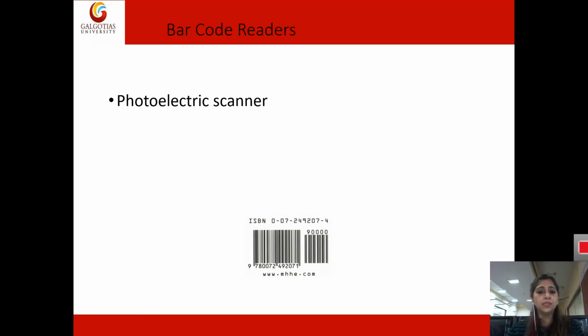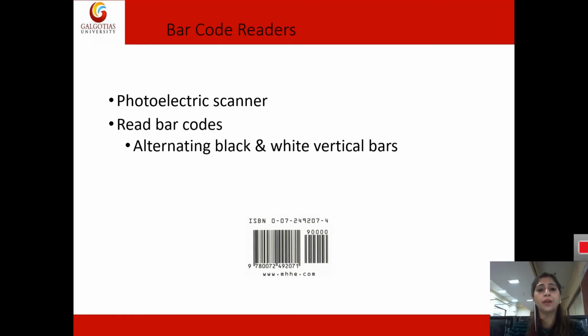Every barcode reader has an individual way of identifying the content. Okay, then it reads the barcode, and the barcode looks like the way it is showing on the screen.